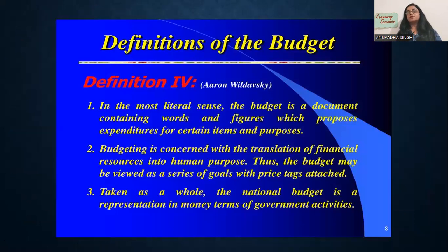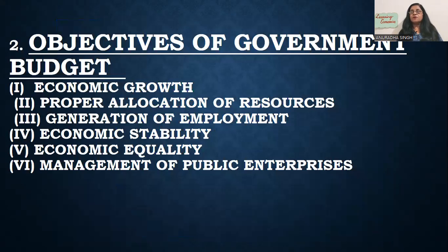What is government budget? Actually, it is a type of financial planning made for a full year. It is made for the financial year, which we call the accounting year, which starts from 1st April and ends at 31st March of the next year. Second thing is we make planning of our receipts as well as our expenditures. How many payments we have to make and how much receipts we are going to get. So it is also the national budget, and I can say it is the state budget also.